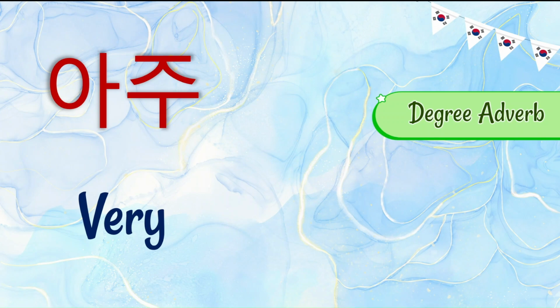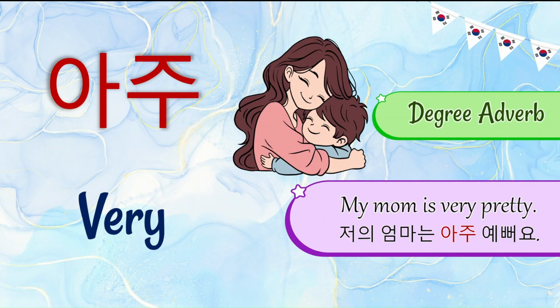Okay? Let's look at this example. My mom is very pretty. 저희 엄마는 아주 예뻐요. My mom, 저희 엄마. To be pretty, 예쁘다. Present tense, 예뻐요. Very pretty, 아주 예뻐요. Okay, now, before we move ahead, remember one thing, that 아주 is used in both spoken